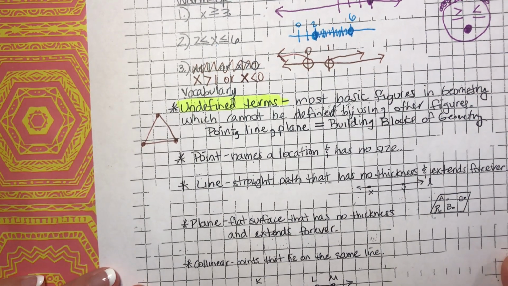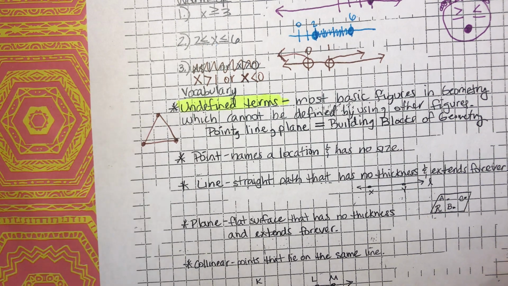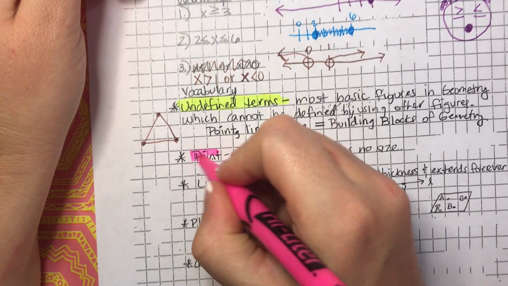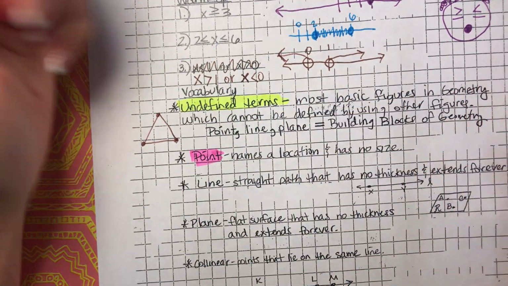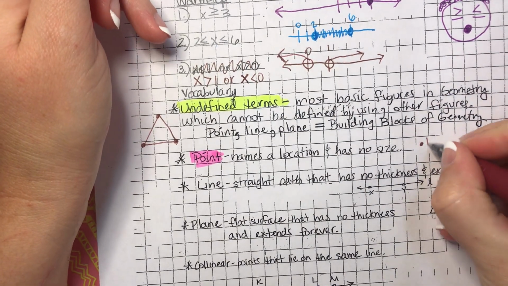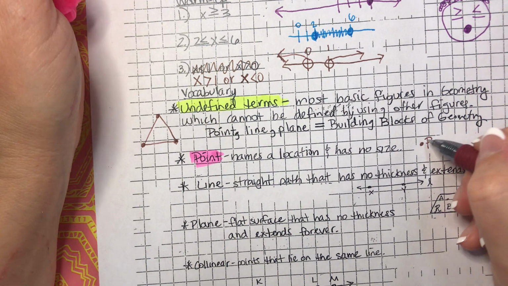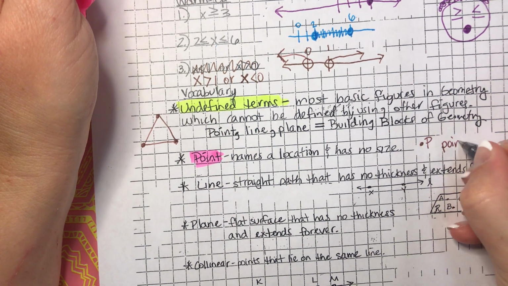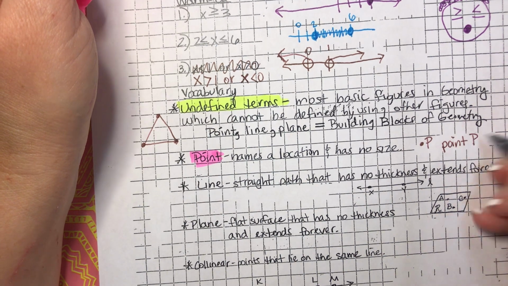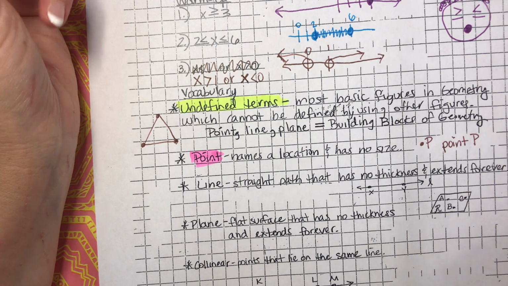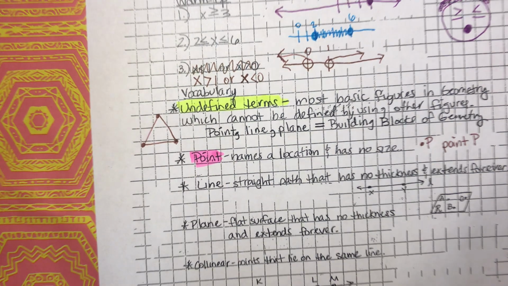So let's talk about these building blocks of geometry. The first one is a point. A point names a location and has no size. So we could have something like this, point P. And this would be the symbol, or you could write it in words and it would be point P, like that. Okay, so you'll have to do this both ways in your homework assignment. Okay, for a line